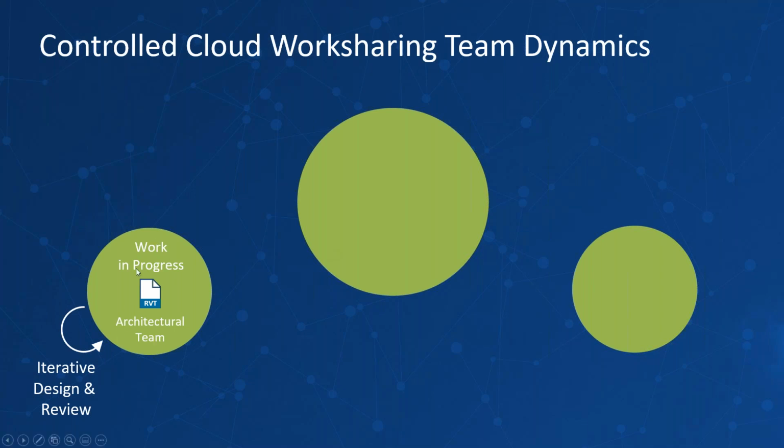So essentially, what you saw on the first page with the different users working with the central file, that's, let's say, the architectural team, and they're going to do their iterative design. And at some point in time, they're going to say, right, this is what we want to have reviewed by our BIM coordinator. So he's going to go into BIM 360 Docs. He's going to look at the published file. And when he's happy, so there is this step in between, the verification by the architectural BIM coordinator,